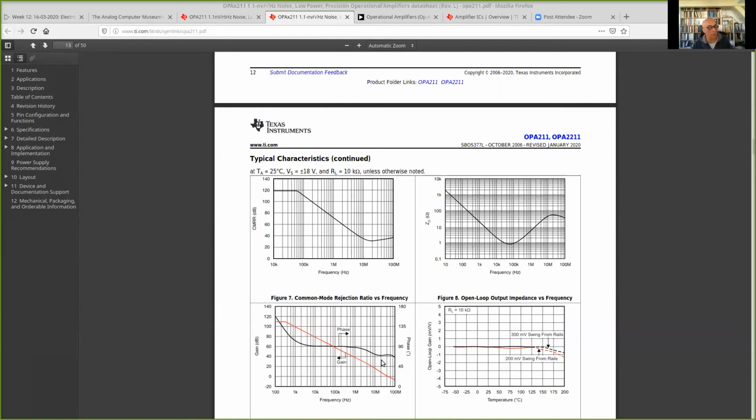It's not a perfect model, but you have a correct model up till, let's say, maybe 50 megahertz or so. Okay, that is the modeling of the dynamic behavior of the operational amplifier from a data sheet as an example,